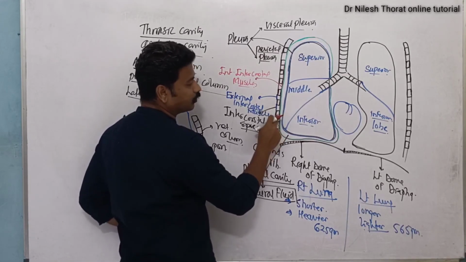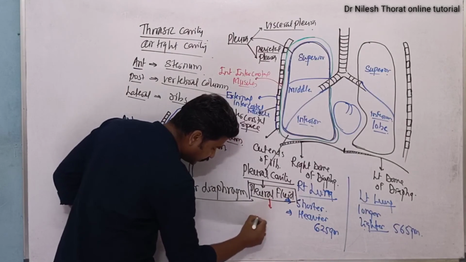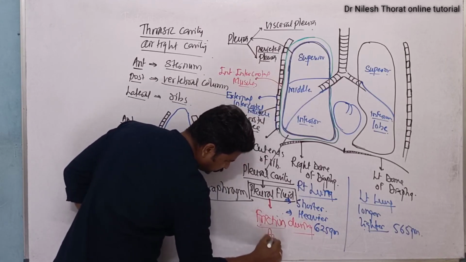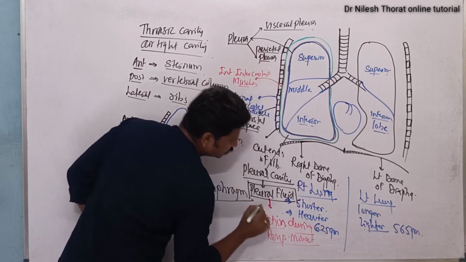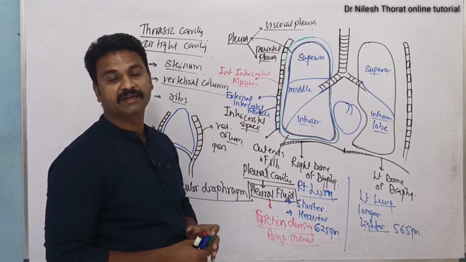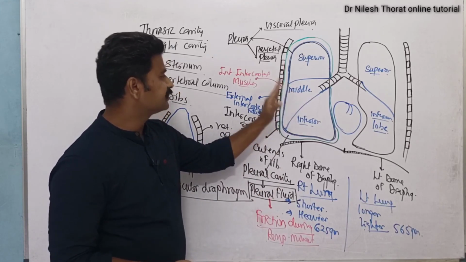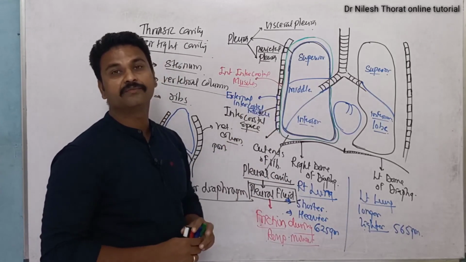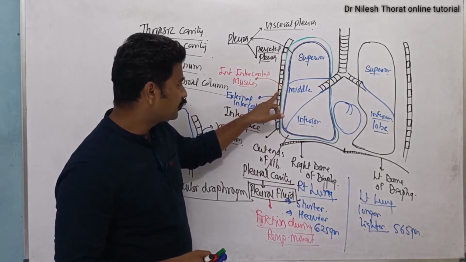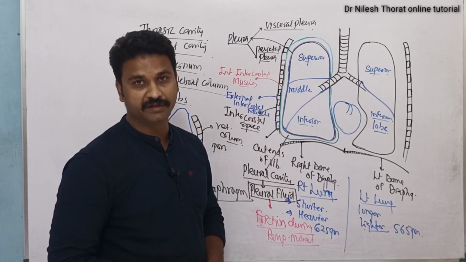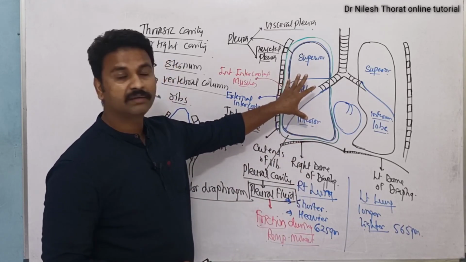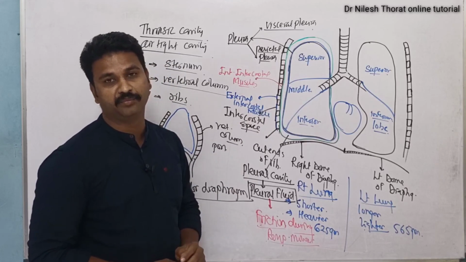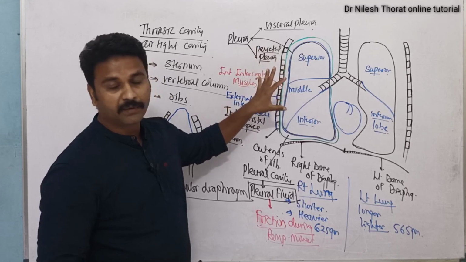प्लूरल फ्लूइड होने की वजह से 2 मेम्ब्रेन्स के बीच में फ्रिक्शन जो है, फ्रिक्शन ड्यूरिंग रेस्पिरेटरी मूवमेंट, दो मेम्ब्रेन के बीच में फ्लूइड होने के कारण जब भी हम रेस्पिरेटरी मूवमेंट करेंगे तो लंग का सरफेस और थोरेसिक कैविटी का सरफेस एक दूसरे से रब नहीं होंगे। इस प्रकार से फ्लूइड होने के कारण फ्रिक्शन अवॉइड हो जाएगा। ये बहुत इंपॉर्टेंट अरेंजमेंट है। इसी अरेंजमेंट के वजह से हमारी रेस्पिरेटरी मूवमेंट ठीक तरीके से हो पाती है। We will learn about this particular point whenever we speak about the respiratory movement. ये प्लूरा ही हमें मदद करती है रेस्पिरेटरी मूवमेंट ठीक से परफॉर्म करने के लिए। So this is about the layers of lung.